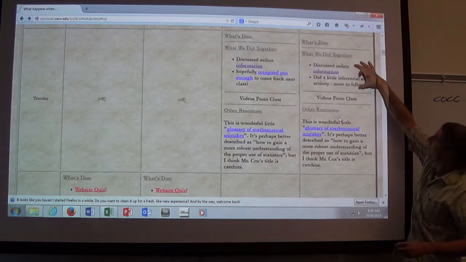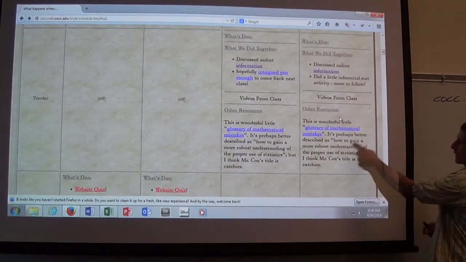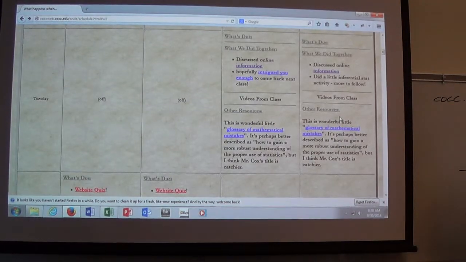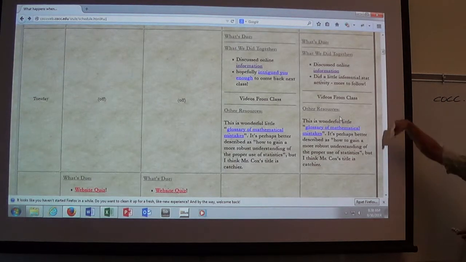So this is what we're doing today. I'll hyperlink those later. And then this is something I just found a couple days ago, and I thought you might get a kick out of it because it actually helps you understand the news media much, much better, which is something we're all about in this class and also in 243. If you scroll down again,